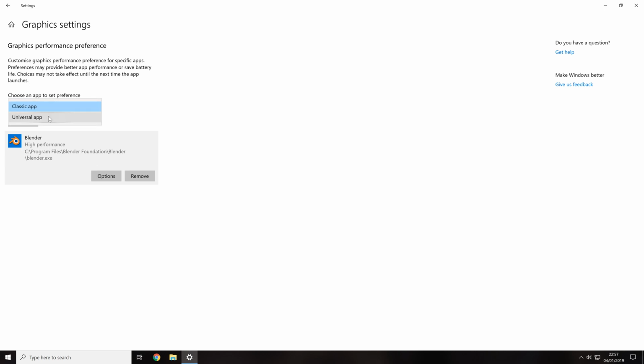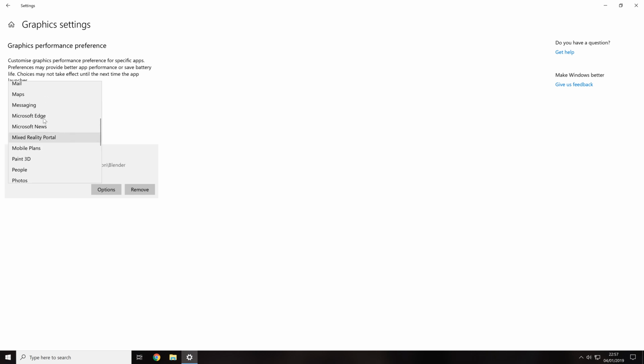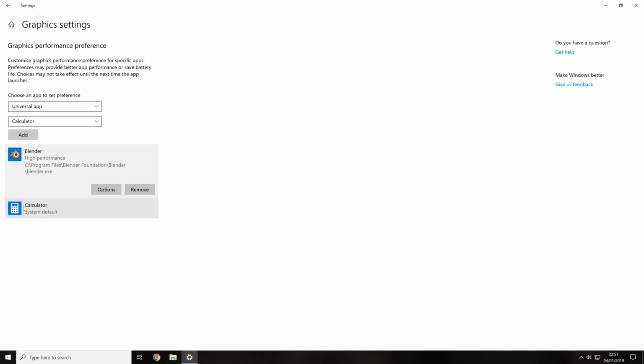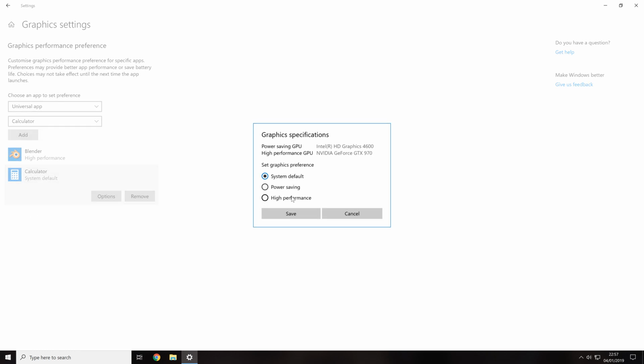Now if we change it from Classic to Universal App, and then we select an app in the list, so if I just select the calculator, and then I click Add, as you can see, just like before, it appears in your list, and if we click on the calculator, we can again click on Options, and we can change the GPU that the program uses. So if I just left it on Power Saving, then that would mean that the calculator should use the integrated